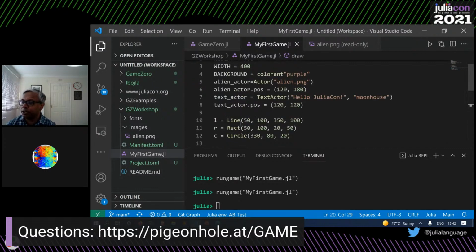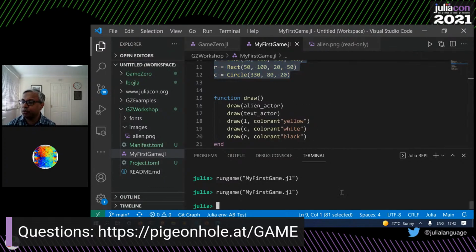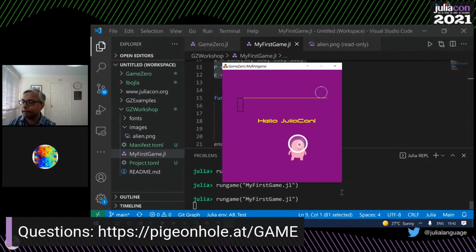So you create these objects, which are just the geometric objects, and when you draw them, you specify the color that you draw them with. Right? There. So you have the circle, which is in white, the line in yellow, and the rectangle, which is in black, but it's quite faint. So maybe you have to squint a bit to see it. Right? Now,